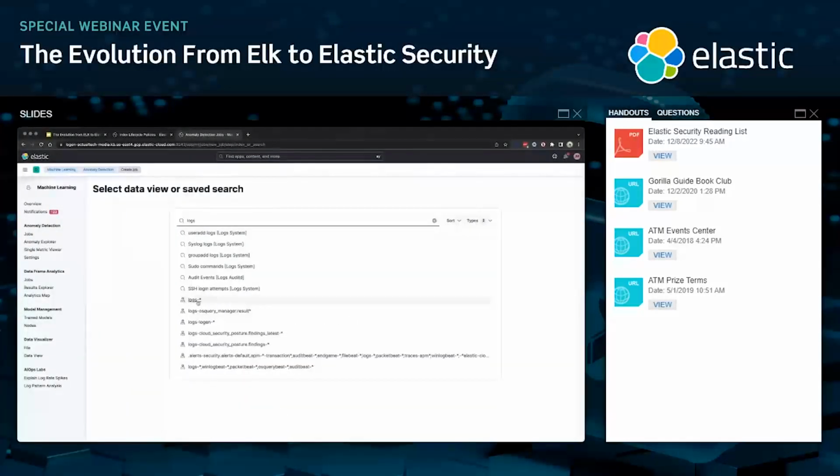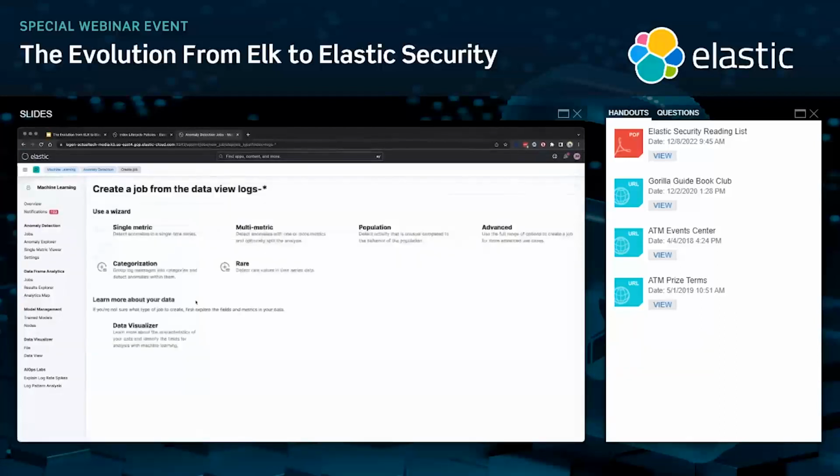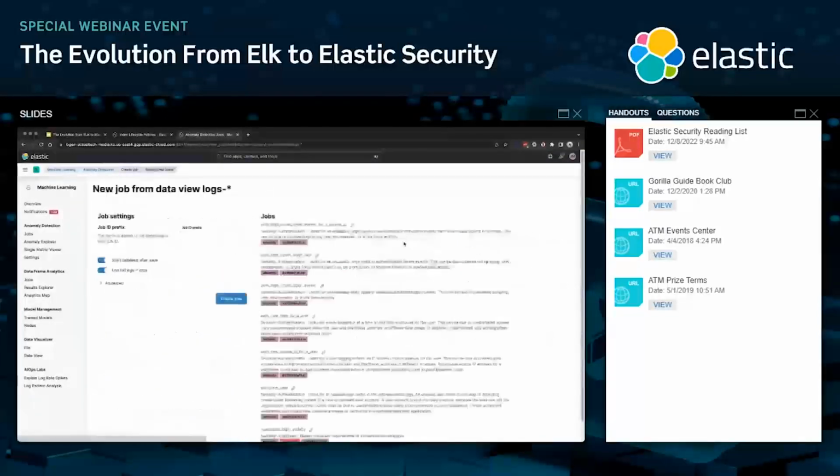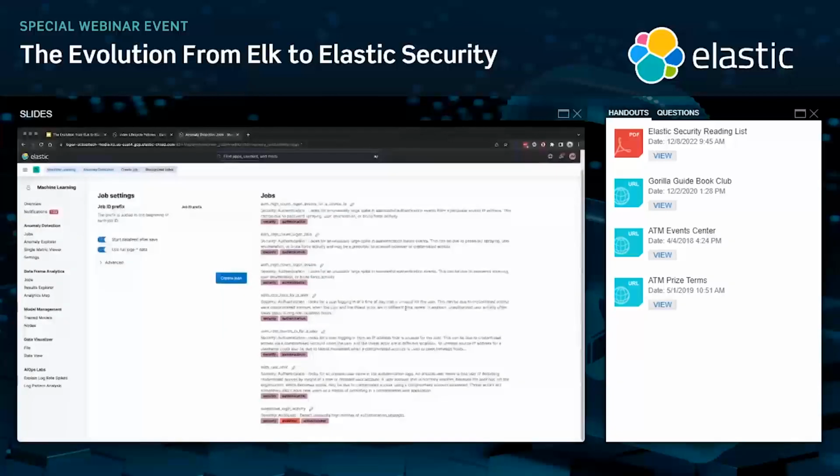This is kind of an Elastic thing, but I'm just going to pass it a very high level logs asterisk, logs everything data view. It's going to quickly look at that data and say, based on your data, there's a lot of pre-configured jobs that we can create. Maybe we want to surface anomalies around Linux telemetry or network telemetry, or maybe authentication telemetry. So I click on, say, authentication, for example. I get 6 or 7 jobs that are geared towards, again, surfacing those anomalies. Maybe it's high counts of logon failures. Maybe it's a rare country or a rare source IP address by user who's signing into the platform, etc.